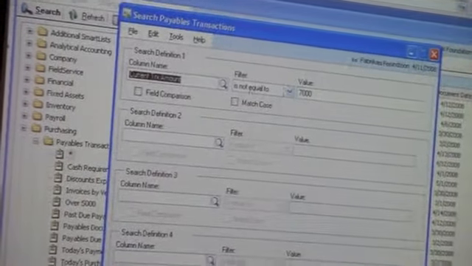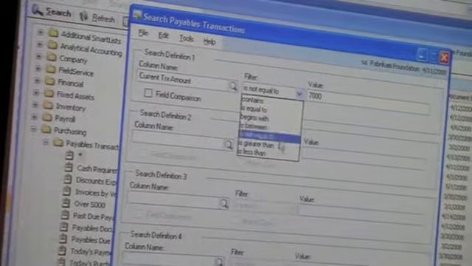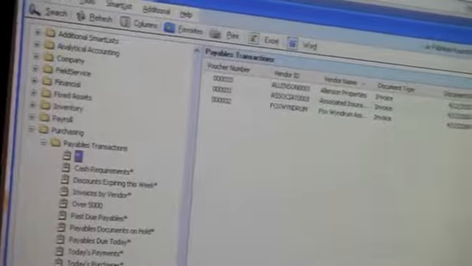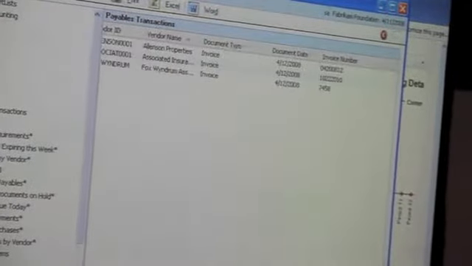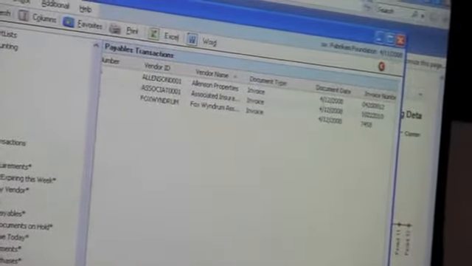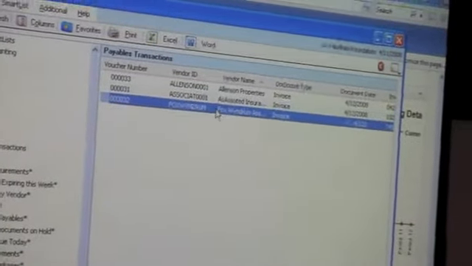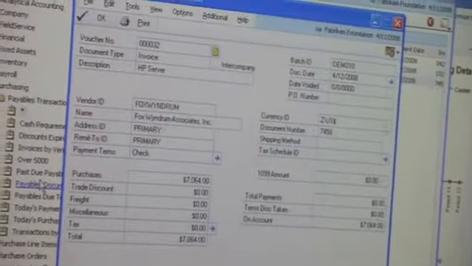Transaction amount is not equal to, okay, greater than. I knew there was a problem. All right, so now instead of 48 items, we have 3 items here, okay? And once we get those 3 items, besides sending the data to Excel, we can also drill down on that information. So if I drill down on this invoice, okay, what we're going to see here is basically